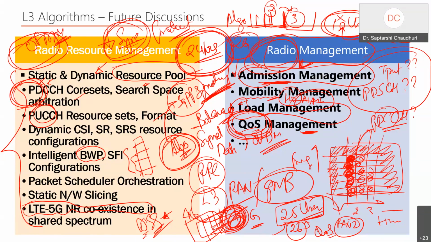Which is the guy to be penalized? How do I reduce one guy's throughput? Somehow I tell the scheduler to please control your RB resources towards that user, so that I can free some radio resources for a high priority user to get in. It's a big entity, and a big thought process goes into developing these algorithms. So these are all my day 3 work, but this is the foothold. You will try to understand how this space has created a lot of PhDs, and a lot of people worked with us to innovate in this order, to make these algorithms work.